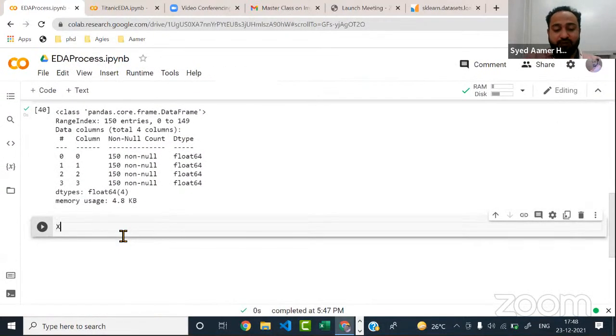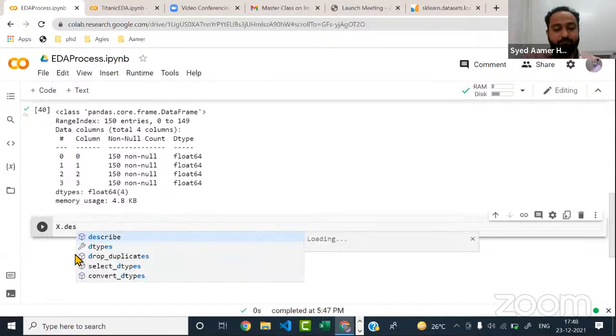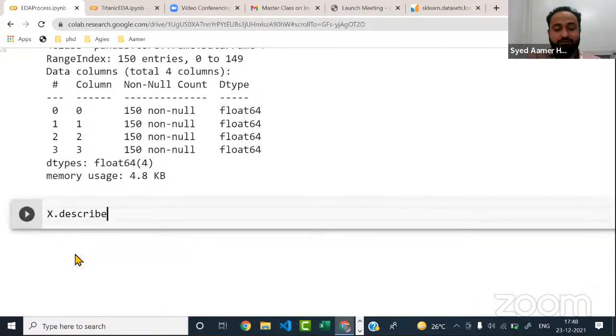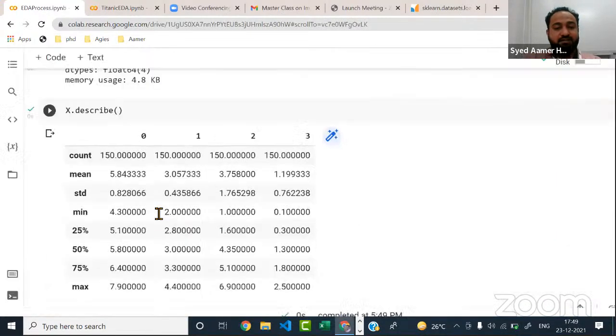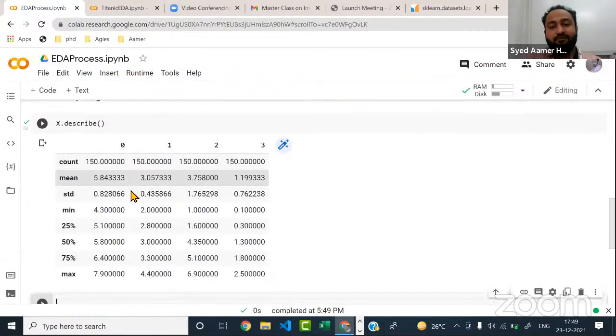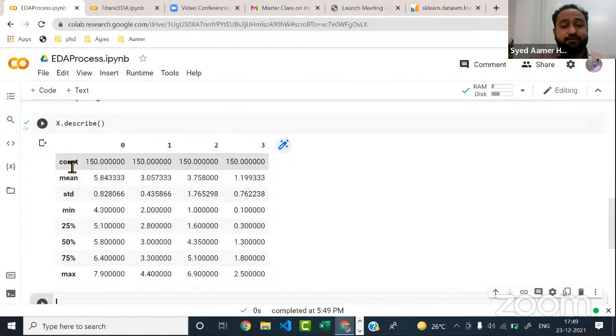Now the important one is something called describe. It's a function called describe. It gives us a lot of information which we'll be using for pre-processing and even for selection of your algorithm. So what is the first one? Tell me. The count.